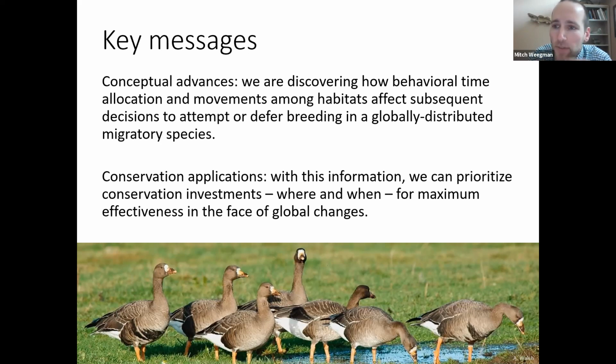So I mentioned we have some fairly small sample sizes that I presented in this analysis. We've continued to deploy these exact units on mid-continent birds. We've continued to deploy these on Greenland birds. In the next several years, I anticipate we'll have several hundred units from each population with multiple years of data. So we'll be able to estimate these features of movement and behavior in a much greater way in the coming years, which is quite exciting.